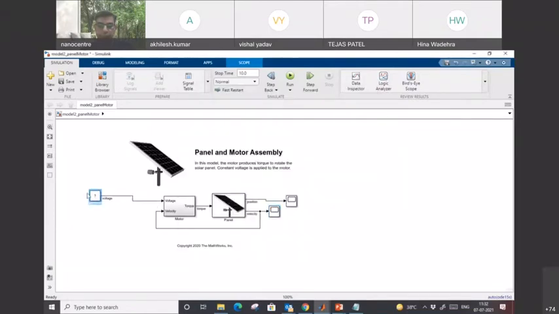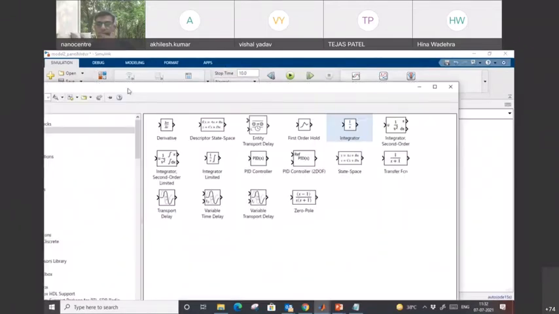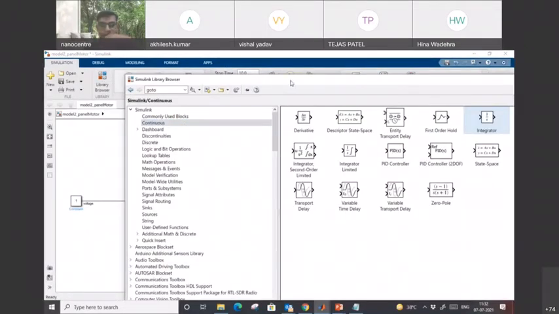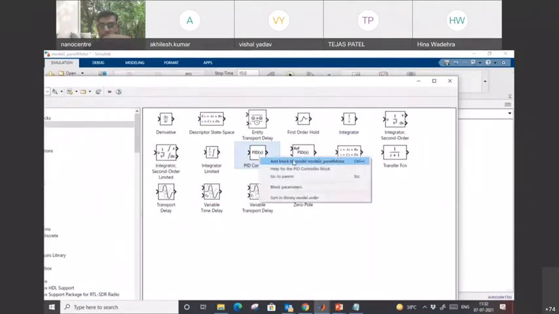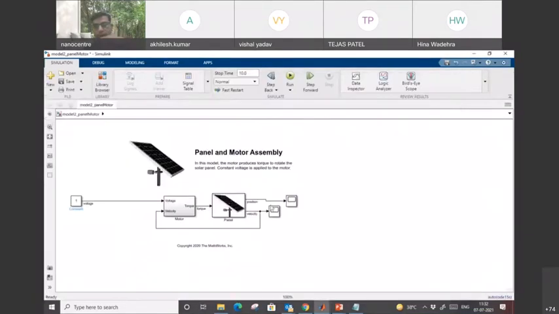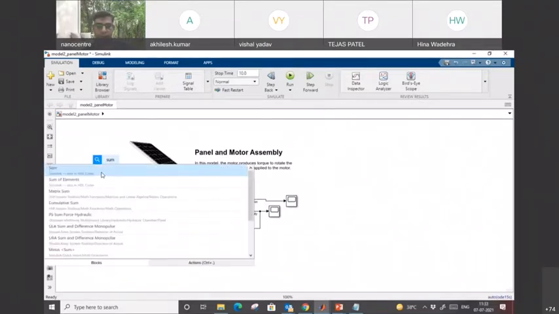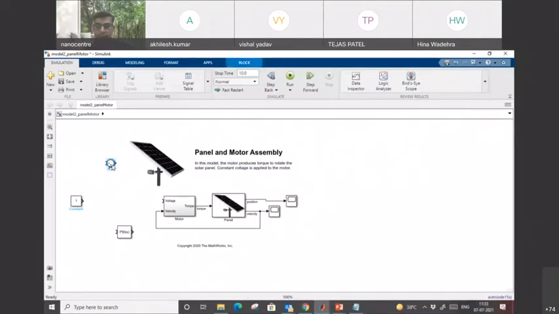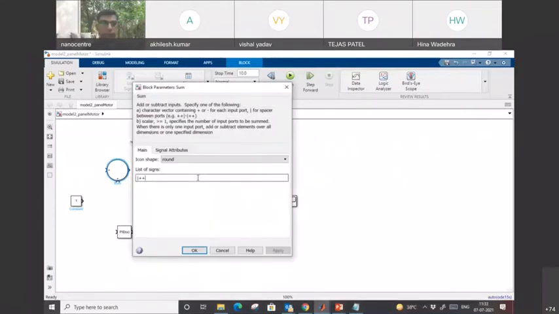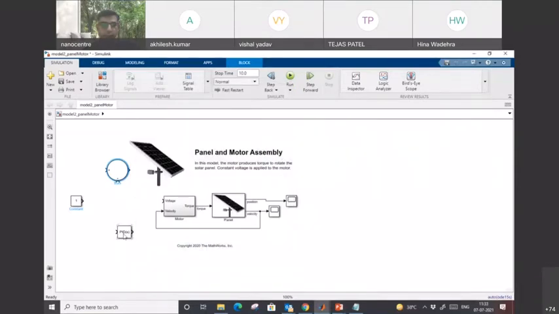So this is the position and this is the angular velocity of the panel. So what I am going to do is use a controller. I will go to the library, and in the continuous group, there is a PID controller. I am simply going to add it. And what do I have to control? Angular displacement, right? So I am going to remove this. Perfect. And I am going to use the sum block again from here to give the negative feedback, right? So from here, double click on this, set the minus sign, and apply.